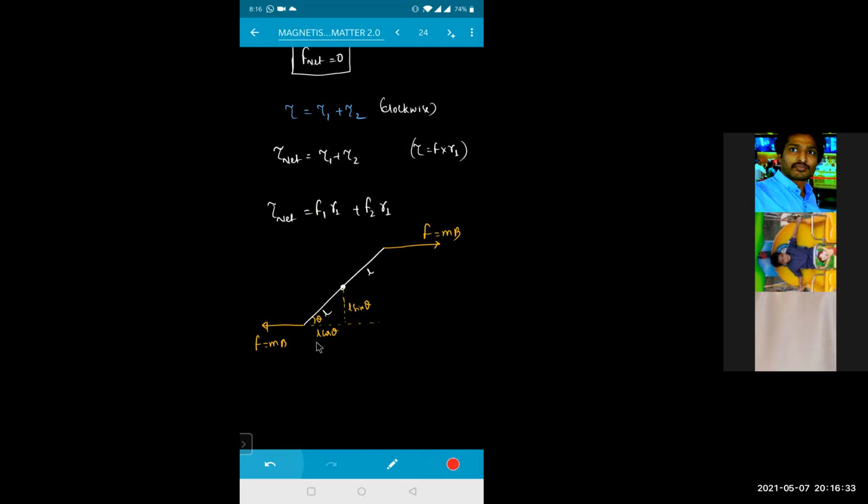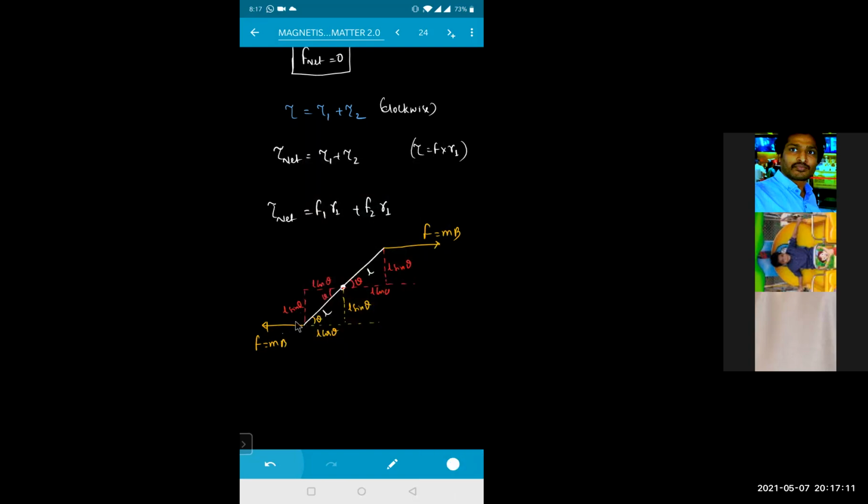Okay now? Here also, if I take it with respect to this one, this is making an angle theta, this is L, so this will become L cos theta, and the perpendicular distance of this one will become L sin theta. Force into perpendicular distance about the point O. So this is theta, means this is also theta only. If I shift this vector here, this is also becoming L sin theta only. These are parallel vectors. Right? If this is L sin theta, this is also L sin theta. If this is L cos theta, this is also L cos theta. Any doubt in that one?